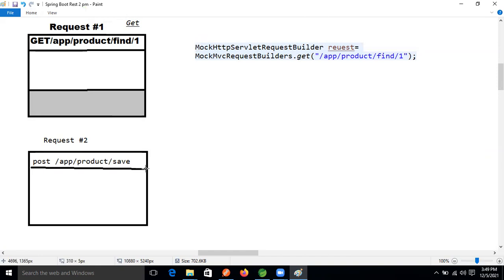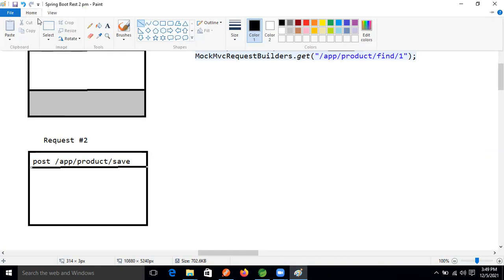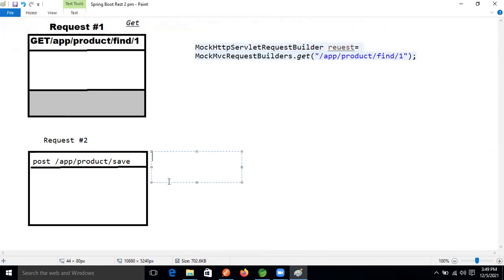So now let's understand. This is the initial line, right? And here there is a header section also, and here there is a body also, right? Okay, the body, guys.